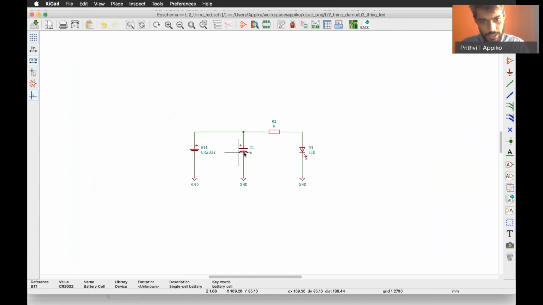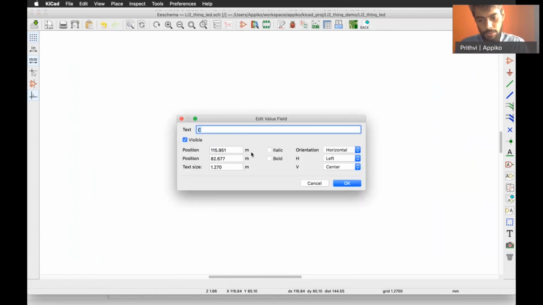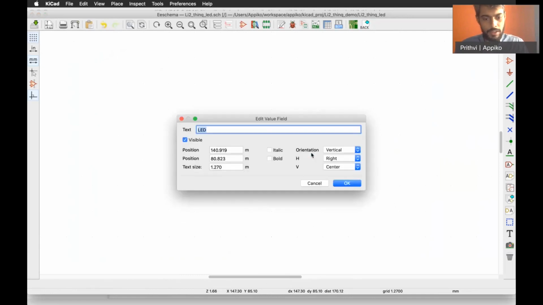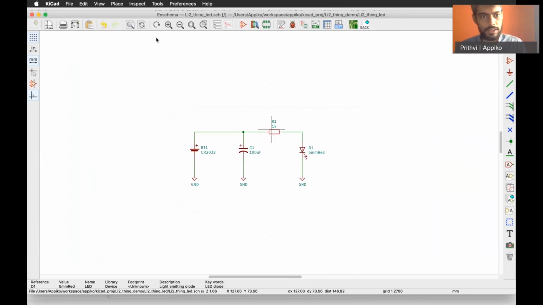Now here we want to put a 100 microfarad capacitor. Here we can say 1 kilo ohm resistance, and this is a simple 5 mm red LED. Right, so now we have the schematic done, the annotation done.